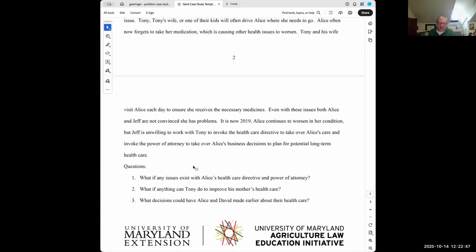And if you're a person in Alice's situation and you walk into an attorney's office with your son helping you get there, which we would expect for an older person, we're probably going to kick Tony out of the room because we want to verify that she has capacity on her own. And capacity just means I have the ability to tell you certain things like what day of the week it is, who my children are, who the president is, certain things that we can say, oh, this person is functioning. And more than likely, the parent who's being brought in at this age will be put on camera because we will want every bit of proof later that nobody was in the room, nobody was telling them the answer.